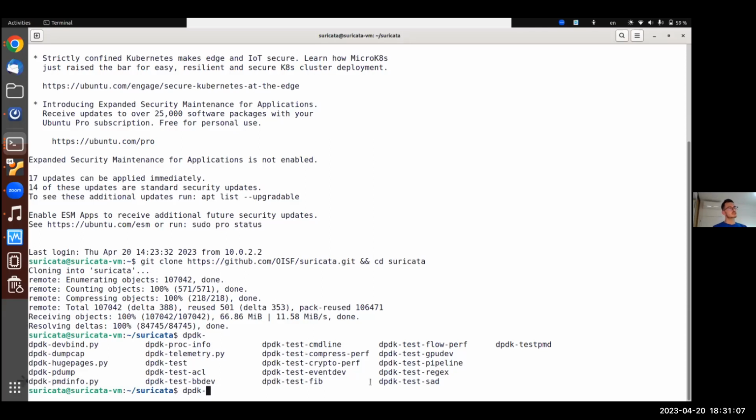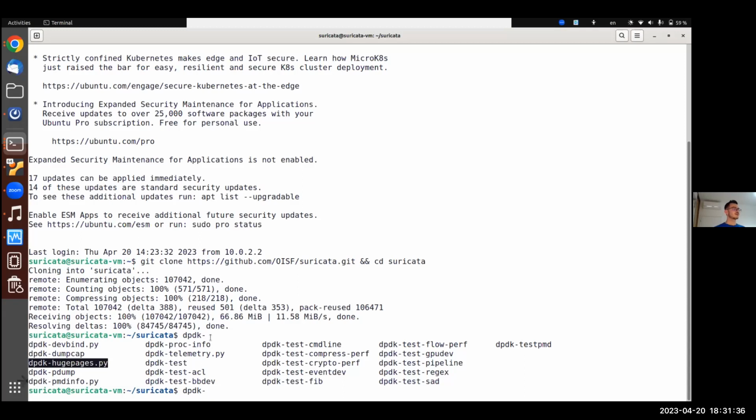And in these applications, I can see 3 essential applications that you will need to use, and that is essentially DPDK dev-bind, with which you work with your devices, with your network interface cards,